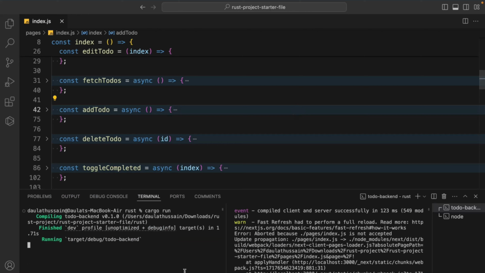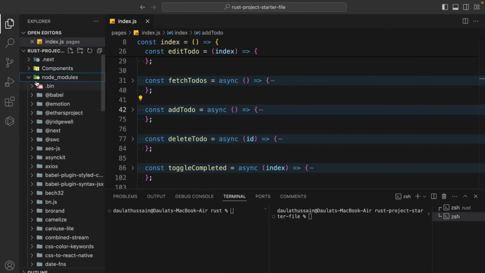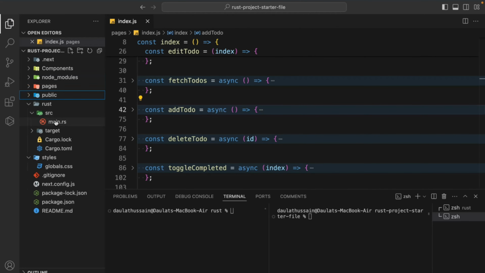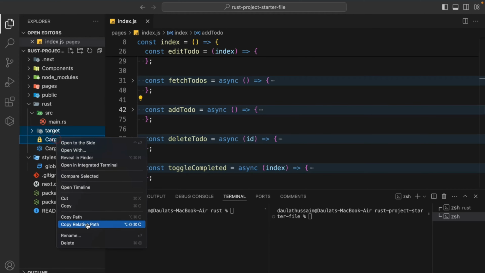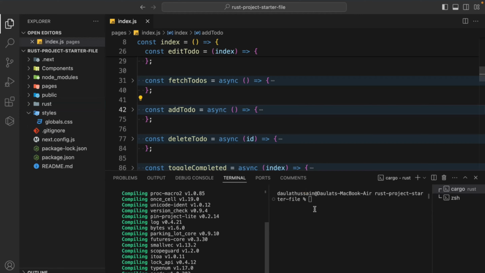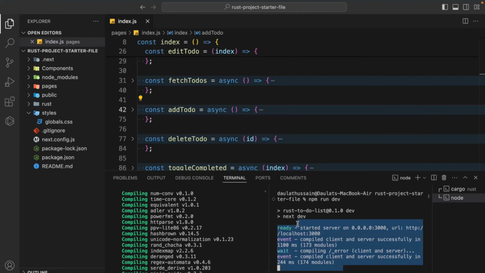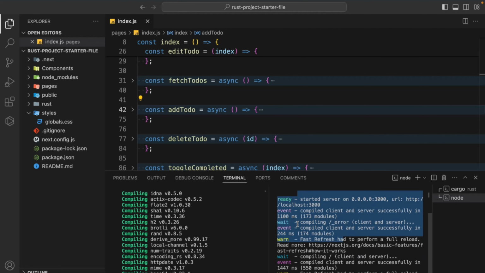So now we can simply start our backend server, because earlier we stopped it. So let's clear it up. Let's stop this one. Let's come back here, and I'm going to simply remove this one, select this and delete, and let's start our cargo. Here our backend is running fine, here the front end is running fine. Just wait, give it a few minutes. Once it uploads successfully, we'll have our backend up and running and the front end up and running. So looks good,